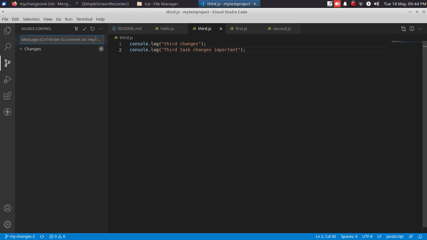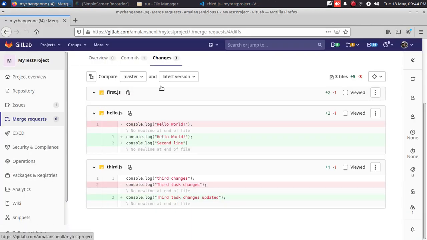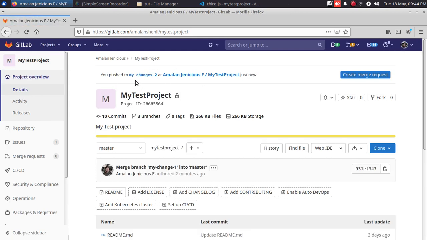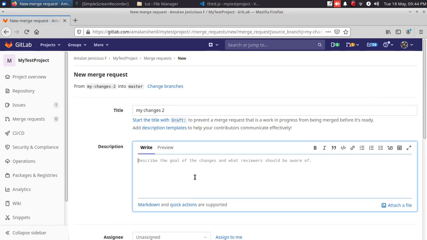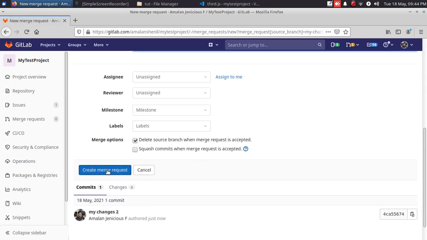Hope the changes will be pushed to the repo. Okay, my changes too. So what I'm doing is I'm creating a merge request with the changes what I have done.